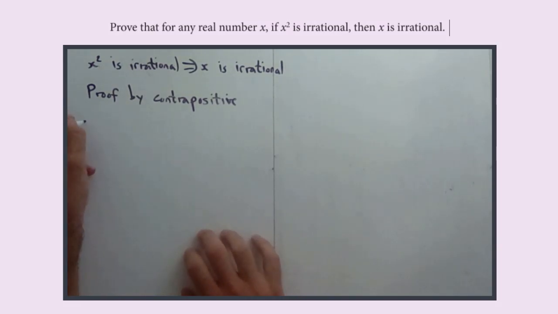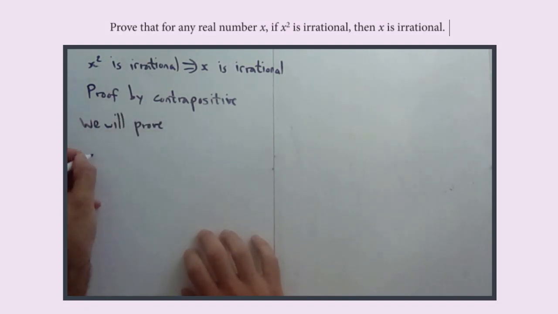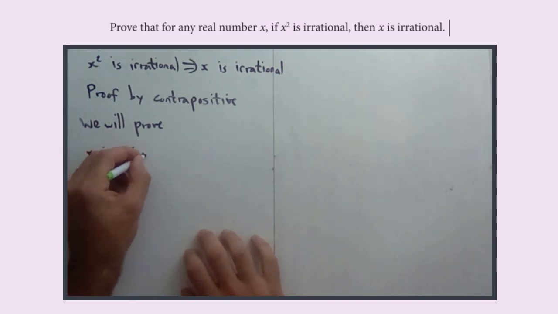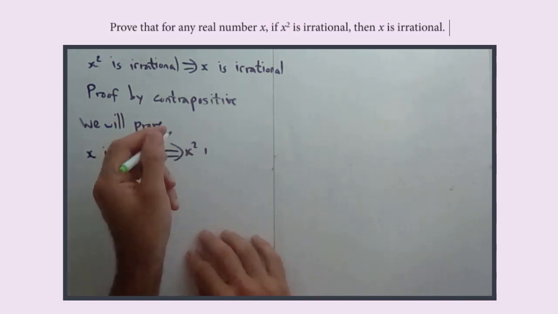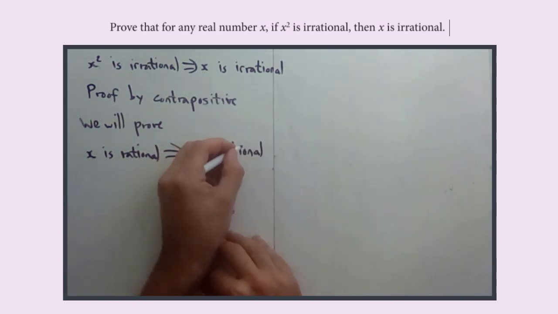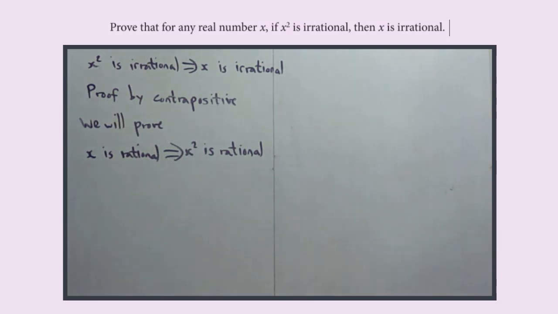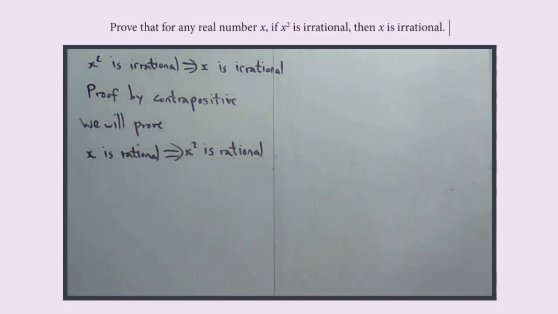So what we are trying to prove, we will prove that if x is rational, then x squared is rational. This is the contra-positive. You could write that out in words as well if you wanted to. I don't think I will, but we will prove that if x is rational, then x squared is rational. Right, and if we can prove that the contra-positive is true, and this should be a direct approach, as in